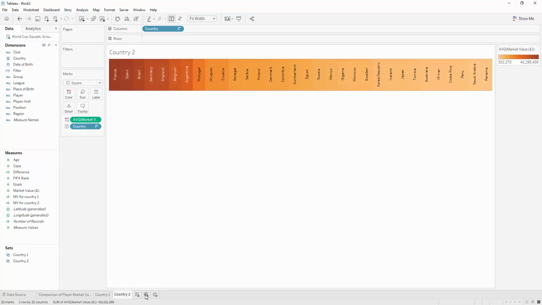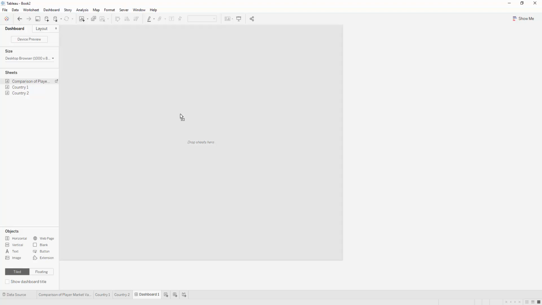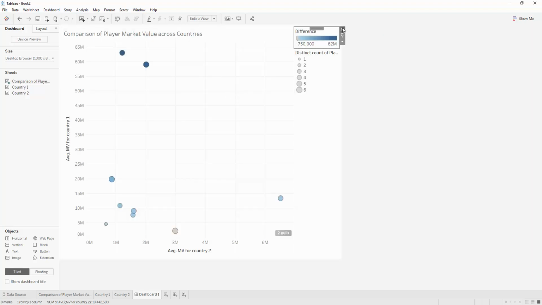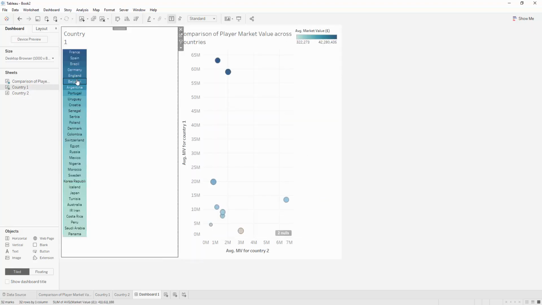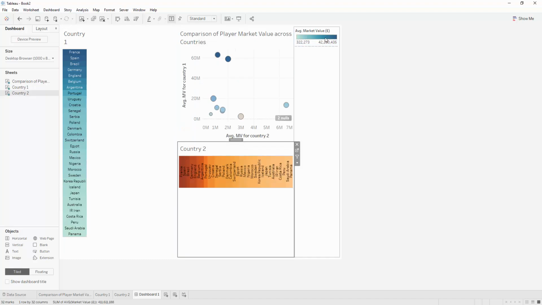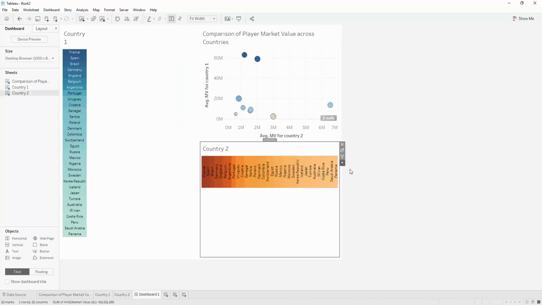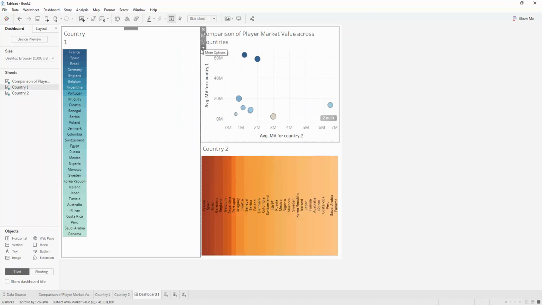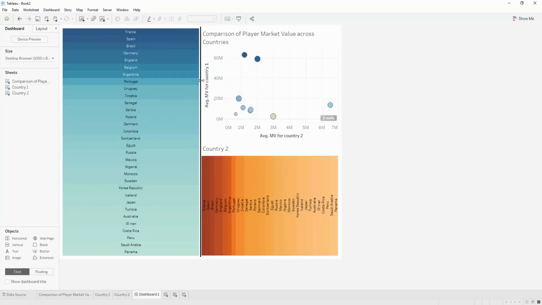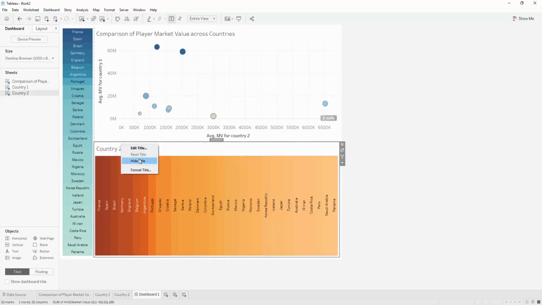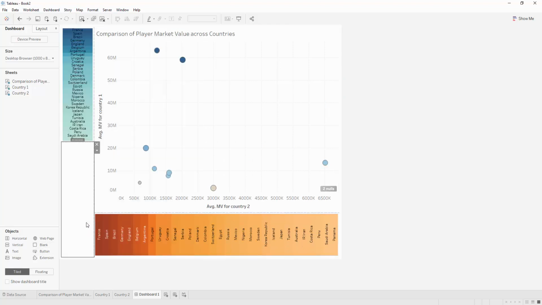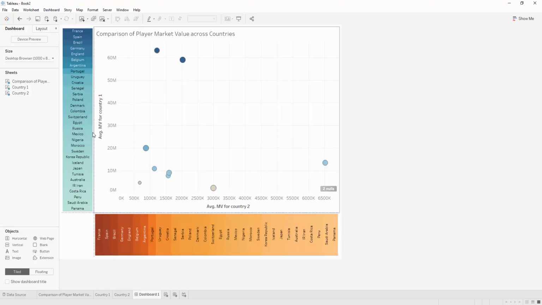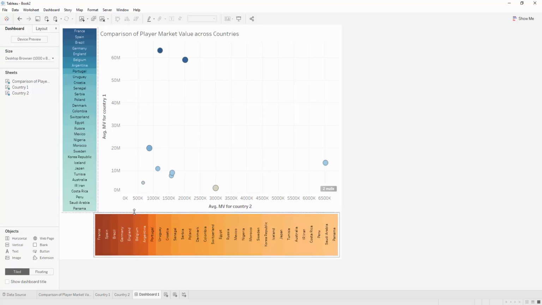And so now we can go and build this visualization here where the scatter plot is the center. I'm going to just remove those legends for simplicity. So country 1 is going to go here, country 2 is going to go here, and then let's just fit these things to the entire view, and we can just remove the titles. All right. Now we'll just want to stick a little blank dude down here, and we've got our sort of self-selecting